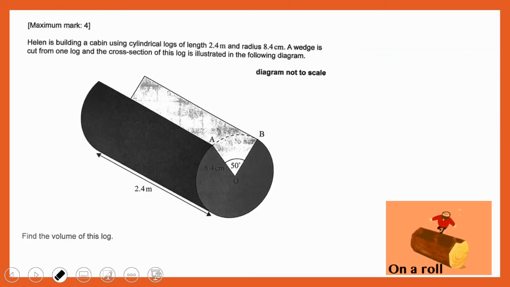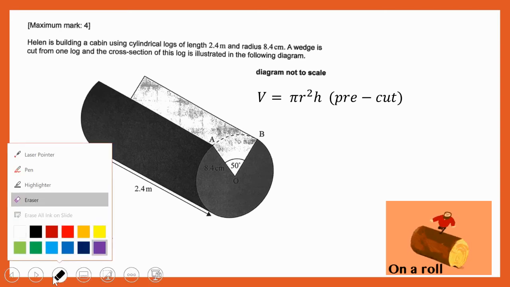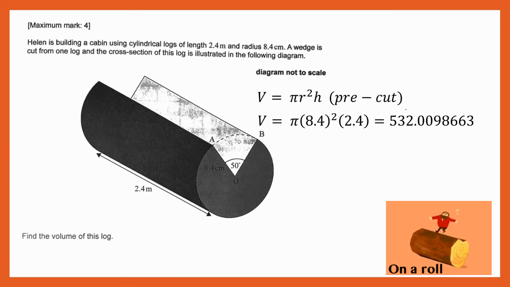This one, the log, right? So we can kind of treat this like a cylinder. So you notice that we're going to set up a volume of a cylinder calculation. This would be representing before the log is cut, before that wedge is cut. And so when you plug that in and you end up with 532 point so on, that's the volume of